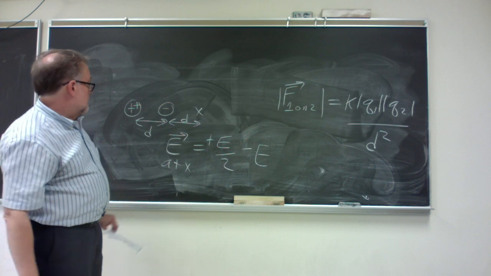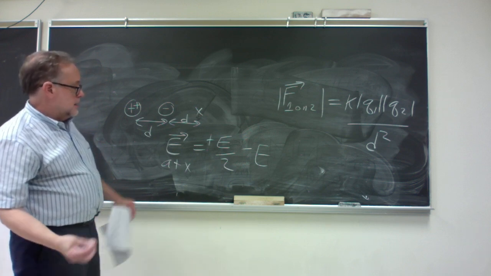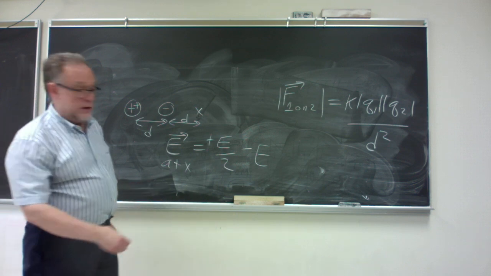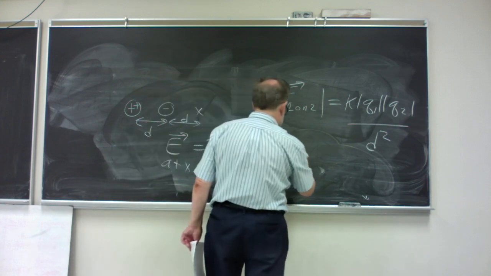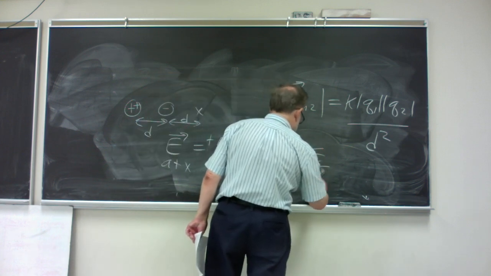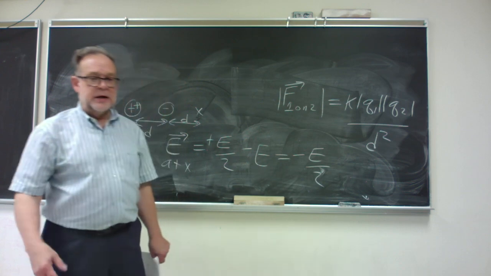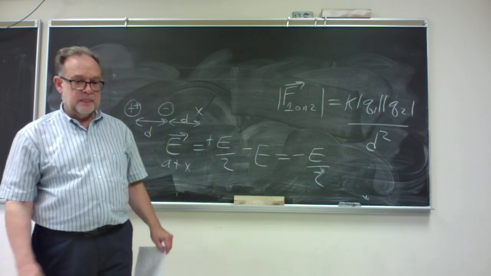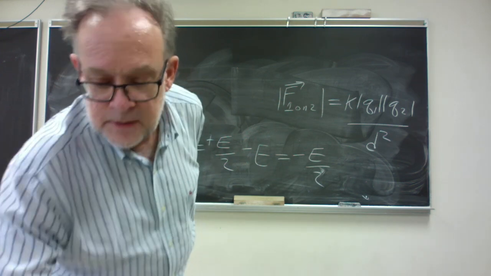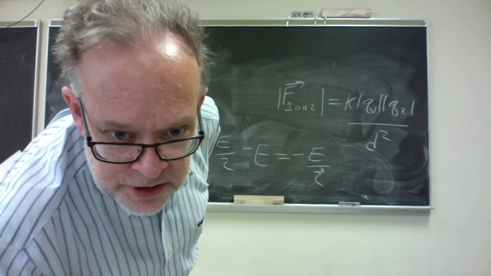So now the net field at X is a little bit different, smaller in magnitude. Now it's just minus E over 2. Previously it was minus 3/4 E. And then we'll practice some more of this in